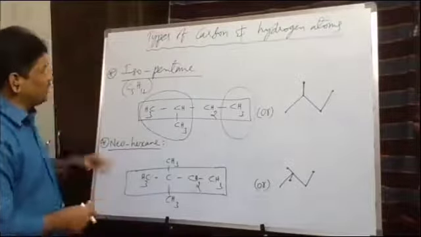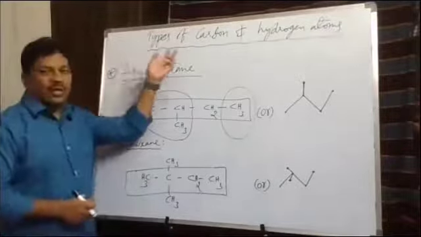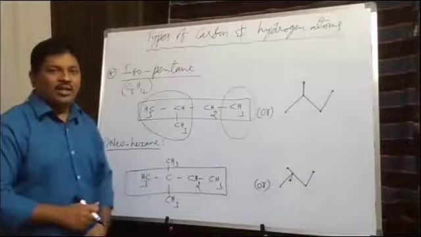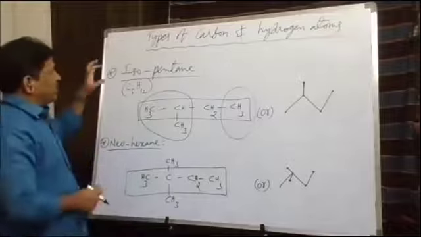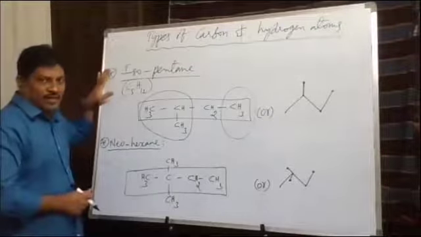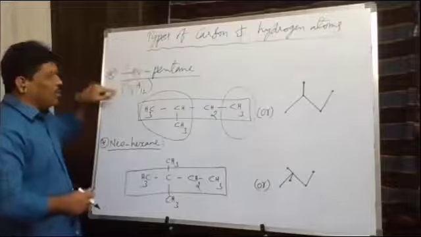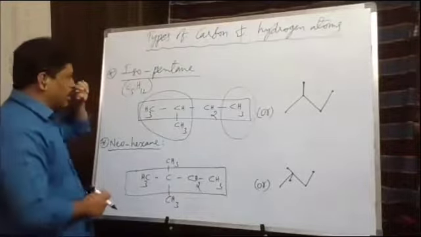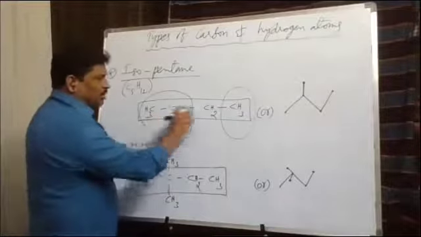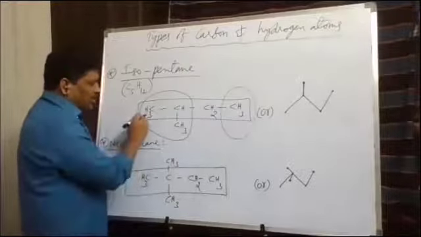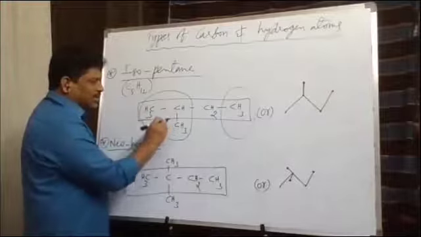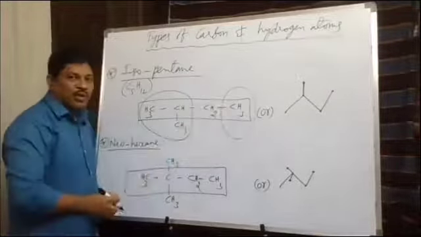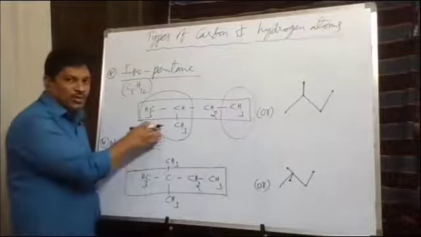Today we are going to discuss different types of carbon atoms and different types of hydrogen atoms in the given organic structure. If you take the example of isopentane, the pentane molecular formula is C5H12, and iso here represents that in this given structure, how to read this one? CH3 bond, CH, CH3 bond, CH2 bond, CH3. Okay, it is the structure of isopentane.